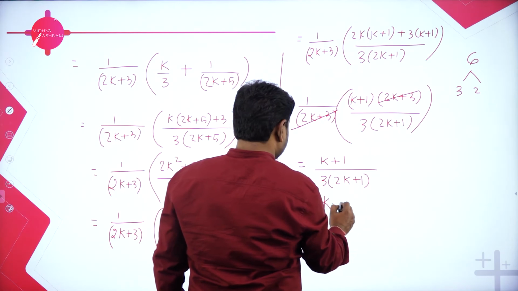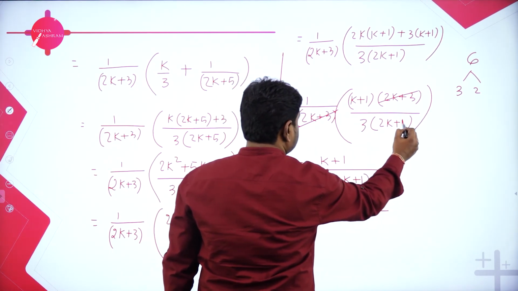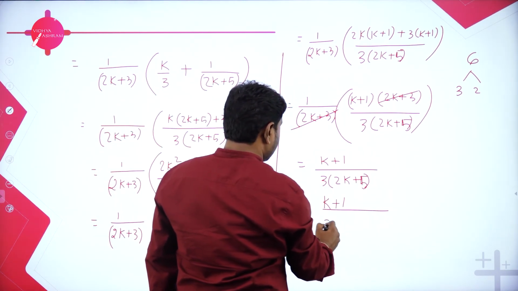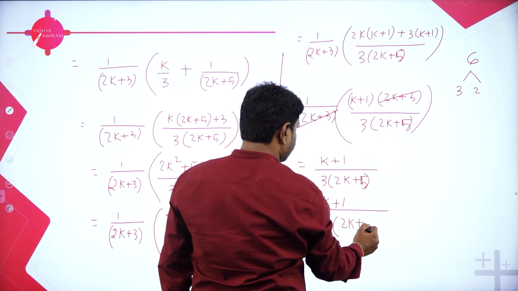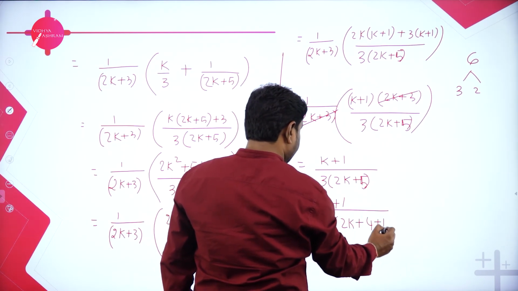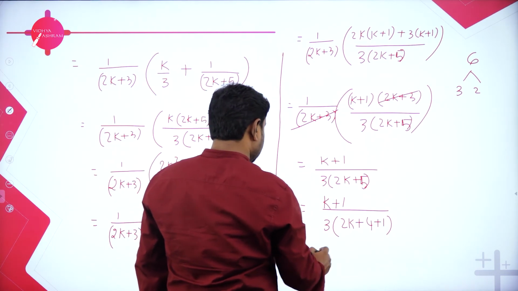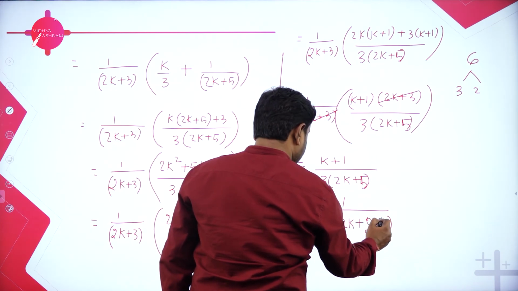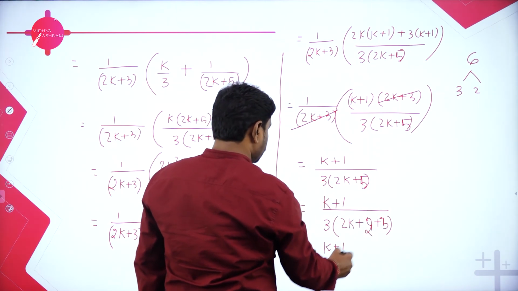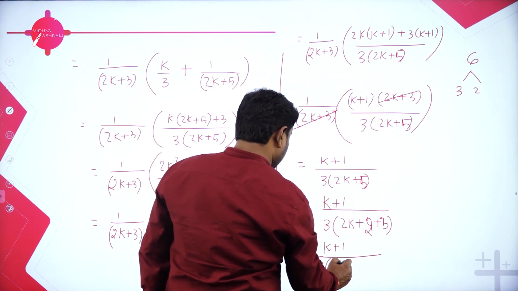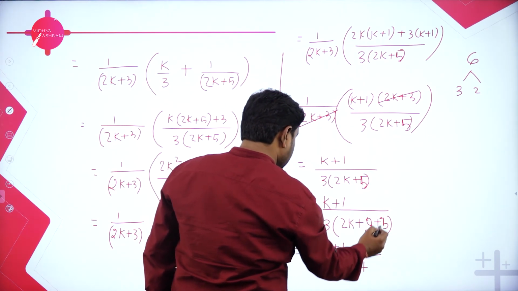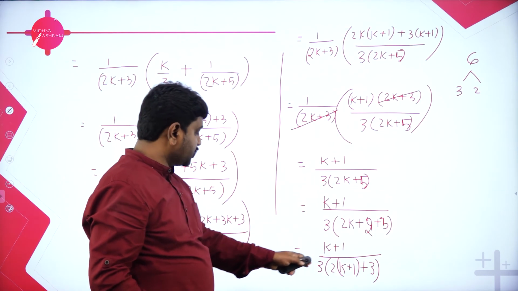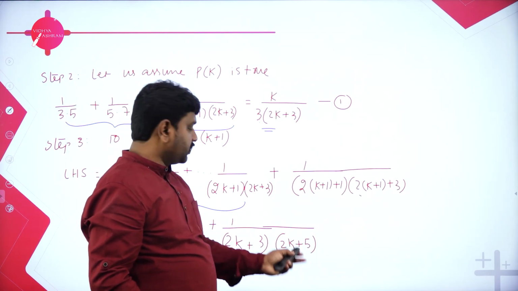So what I'll do, k plus 1 divided by, sorry, here we have 2k plus 5 if you observe. So I'll write 3 into 2k plus, can I write it as 2 plus 3? So that 5 can be written as 2 plus 3. I need to take 2 common. If I take 2 common, it will become (k plus 1) plus 3 outside. Hence the proof. That's what we need to get: 2 times, in the place of k, we should get k plus 1, we got it, and the 2 and plus 3 outside will be as it is.